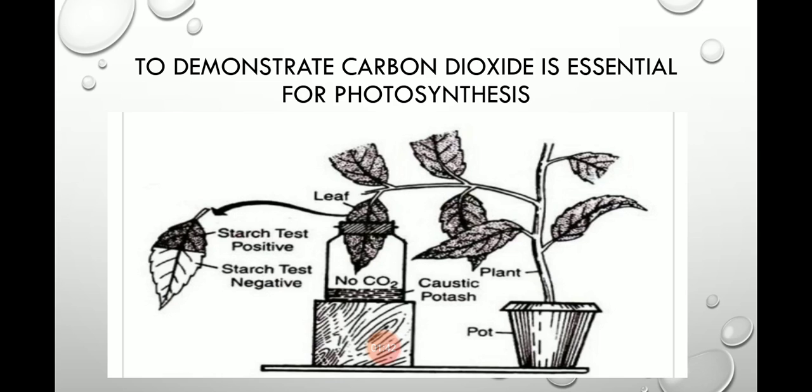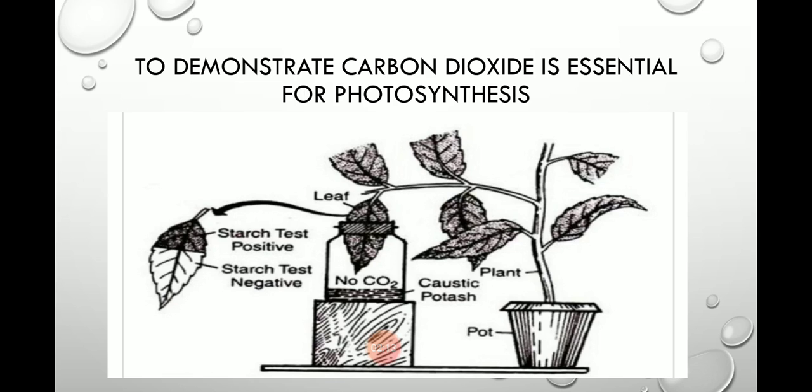First of all, we take the potted plant and keep it in a dark room so as to free the plant from whatever starch material is already present in it. That is, whatever starch was prepared by the plant previously will all be utilized by the plant and the plant will be starch free. This is only possible when we do not provide food to the plant, that is, do not provide sunlight to the plant. Anyway, we will discuss this in the next video.